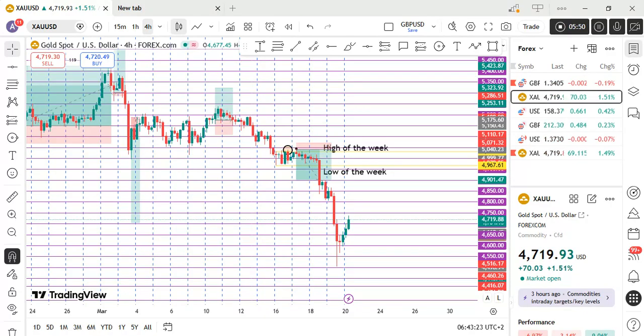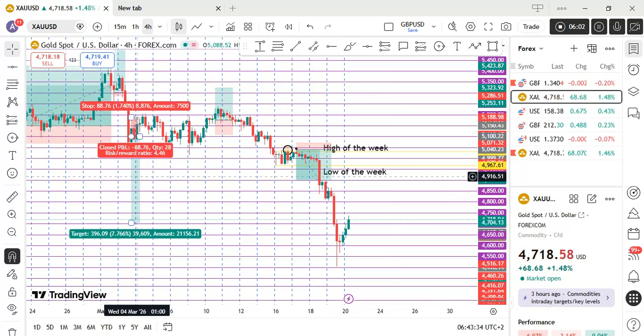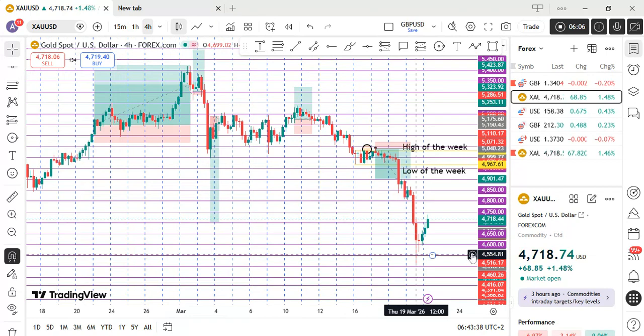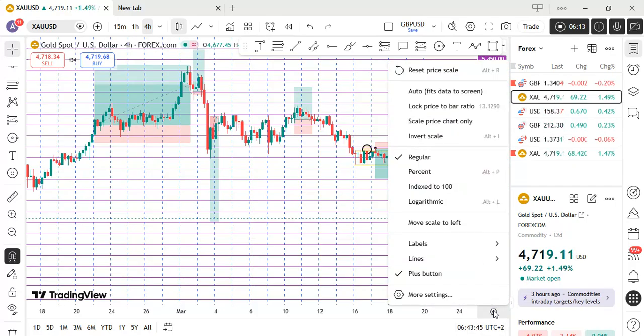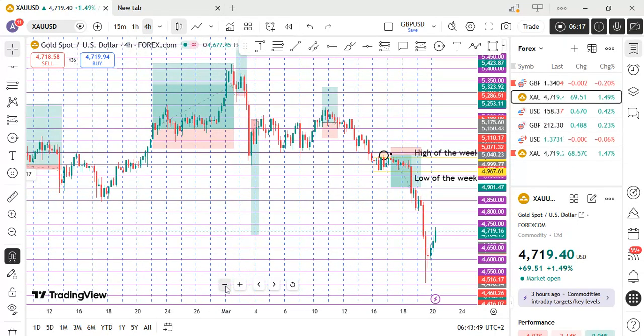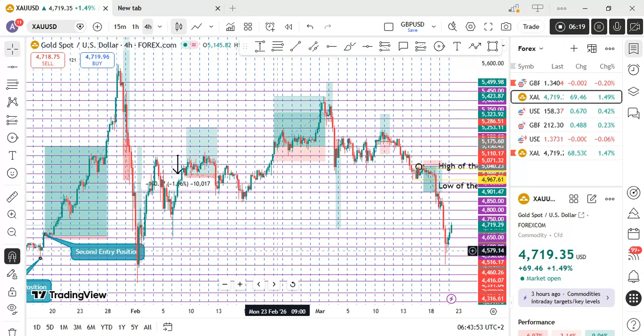So my analysis, I always come from the higher time frame, which gives you a higher level for you to operate on. So let's quickly jump into this opportunity, or rather what I'm waiting for before I could do anything on gold. So today, what I'm seeing now, we saw a new low being created by price on gold. So in order for me to execute a trade today, I have to be patient. So I'm waiting for price now to eventually pull back at this level where we have found resistance.